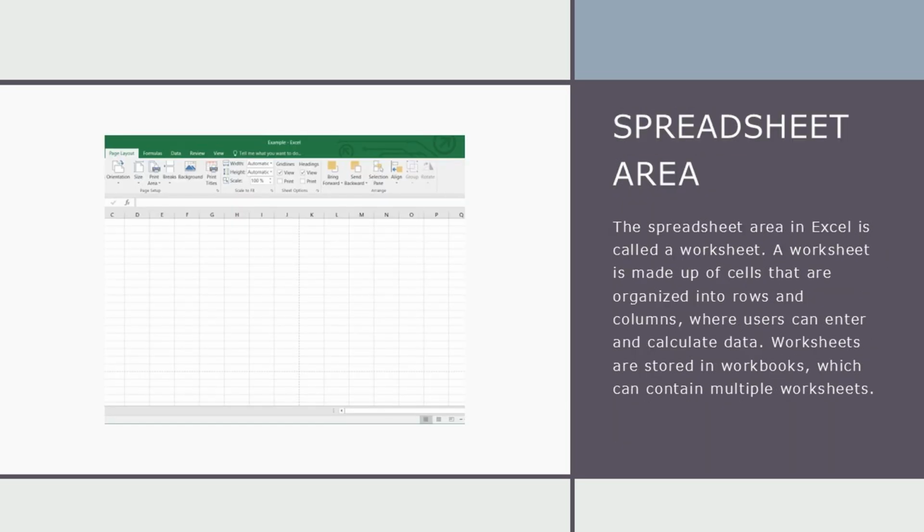Spreadsheet area. The spreadsheet area in Excel is called a worksheet. A worksheet is made up of cells that are organized into rows and columns, where users can enter and calculate data. Worksheets are stored in workbooks, which can contain multiple worksheets.